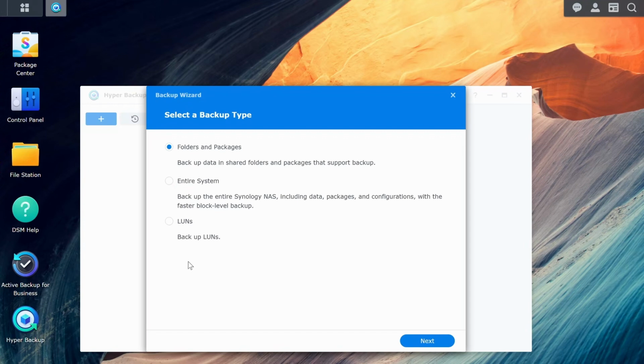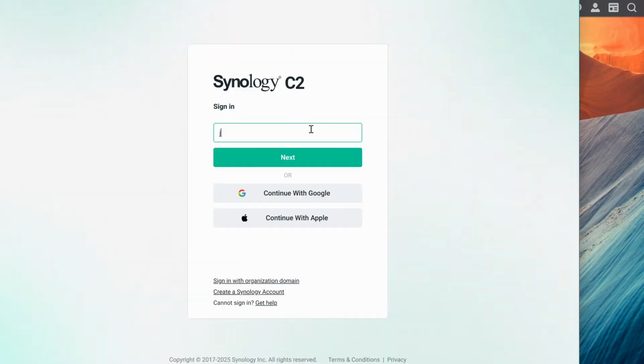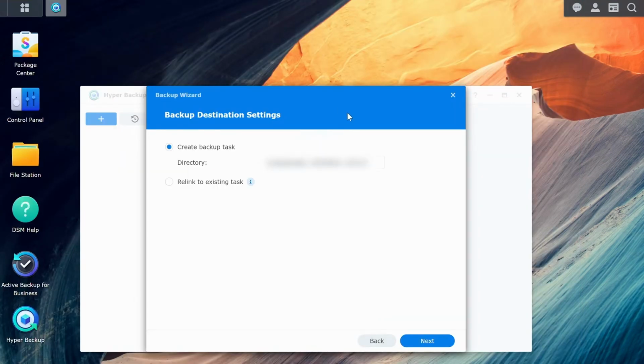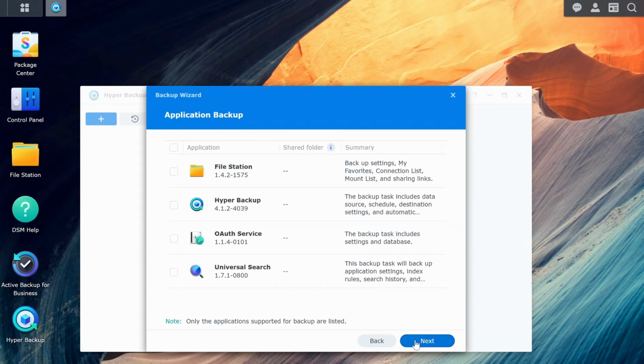Now we're setting up our Hyper Backup, and we're going to back up folders and packages. We don't need to do the entire device. We're going to use our Synology C2 storage, and we have to sign into our account with that. And we're going to create a task. It's going to give us a folder. We're only going to select the Active Backup folder,